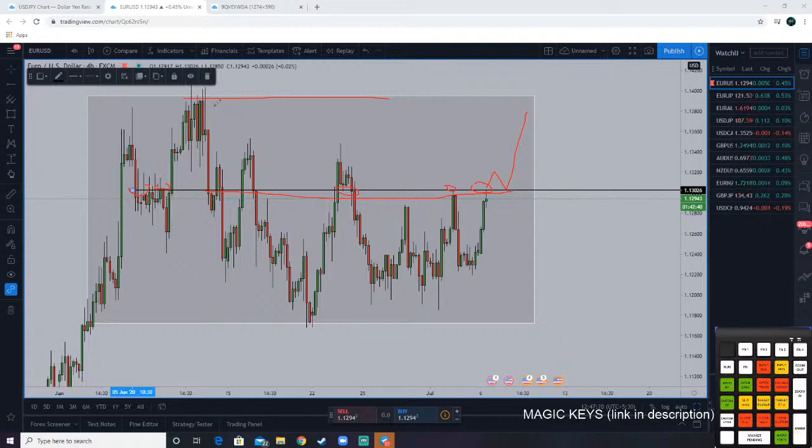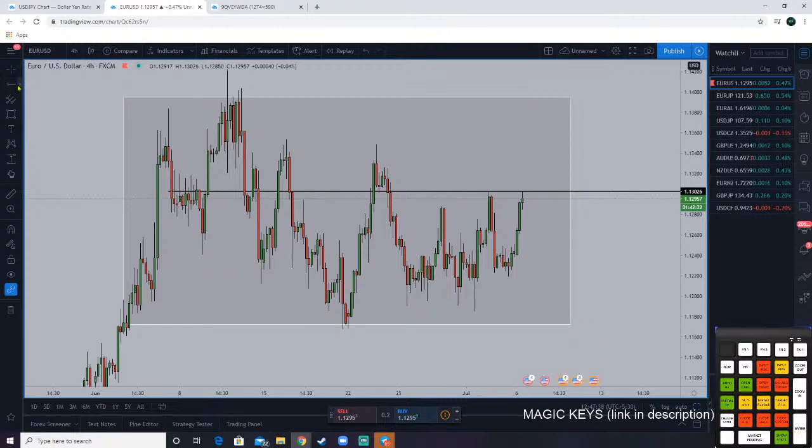I think EURUSD is making a flag. Yeah, I know what you mean, a flag pattern. I know what a flag pattern is. I don't really trade flag patterns, but I know them. So I think if we draw it on the 4 hour,